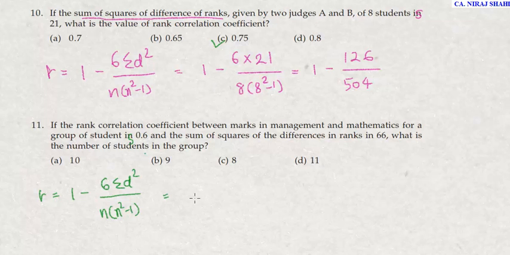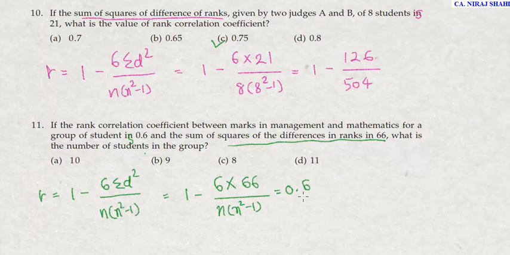Let me fill all the figures here. So it is 1 minus 6 into the square of difference in rank is already given as 66 divided by n is not given to us, so it will become n into n square minus 1 only, and the rank correlation is actually given